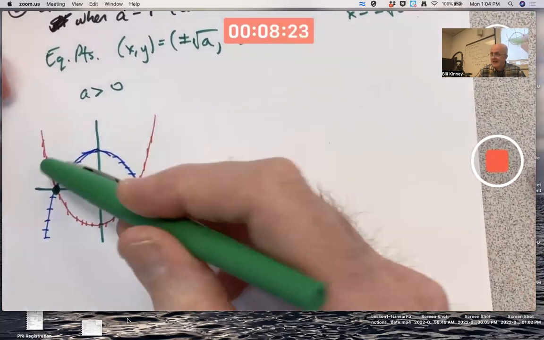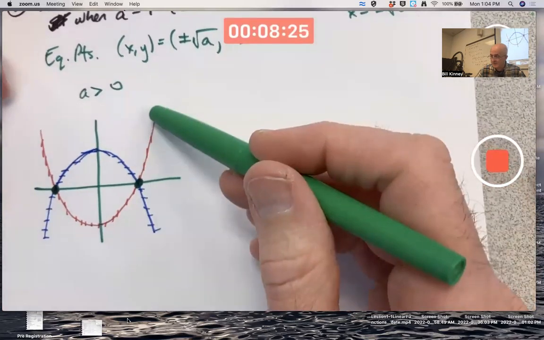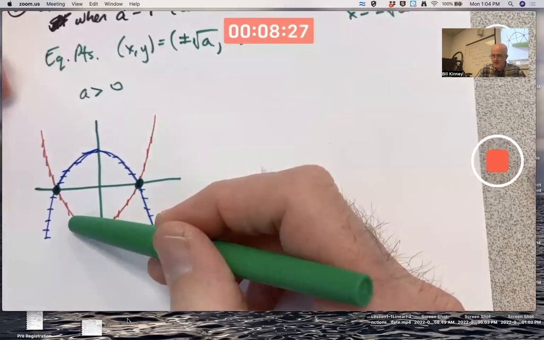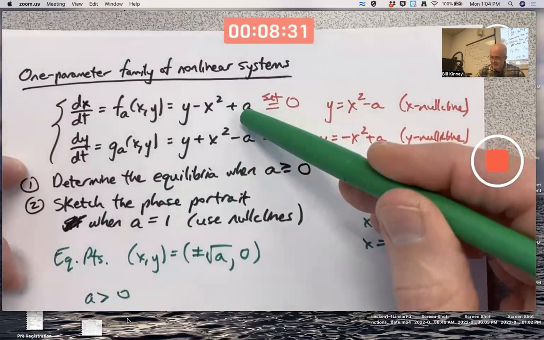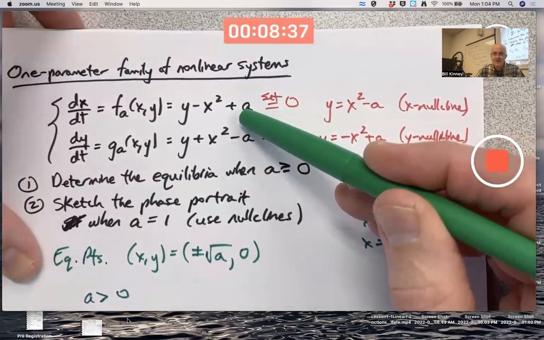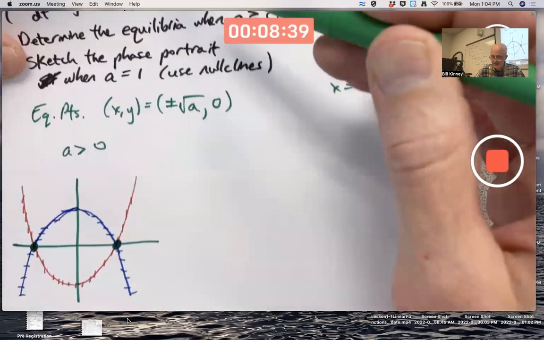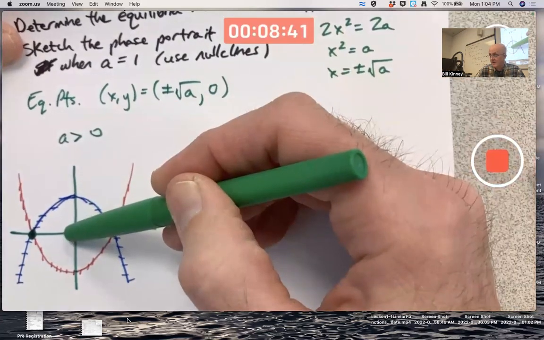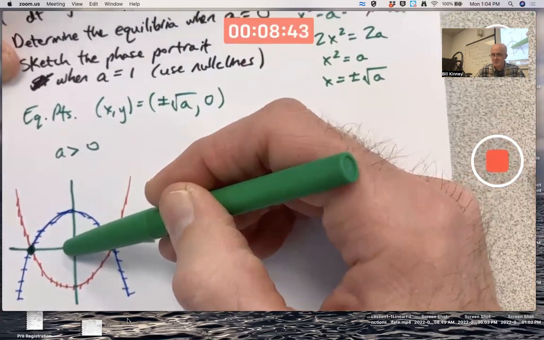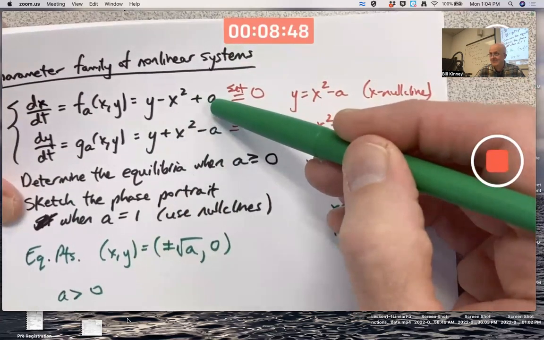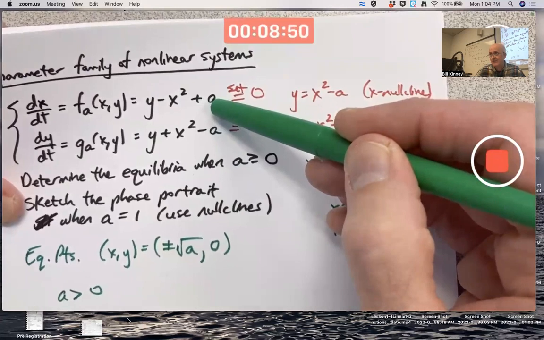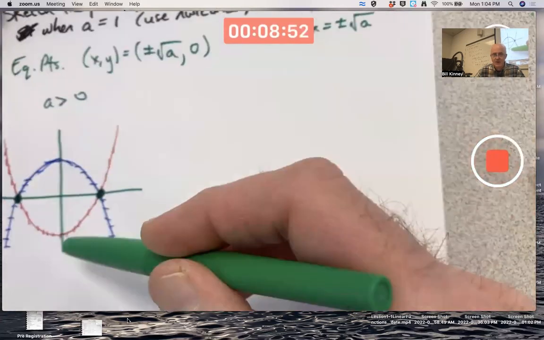Again, the red one is the x nullcline. The vector field is 0 along there. Think about this. Is dx/dt positive above that red parabola or negative? When a is positive, you could try a test point like the origin for one thing. Plug in x is 0, y is 0, you just get a. And a is positive, so that's positive. When you're above this red curve,